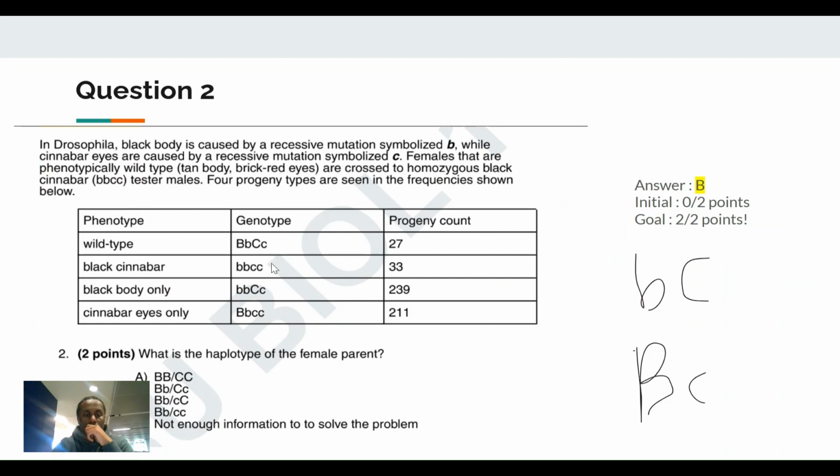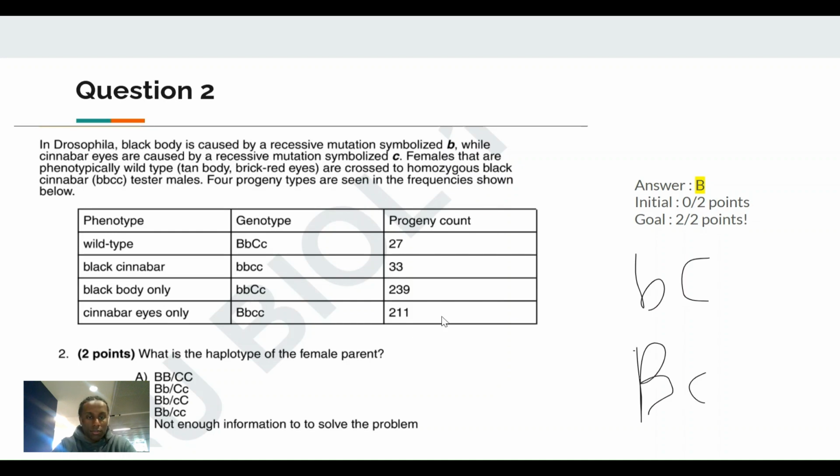All right, so this is a kind of tricky one since it doesn't follow the 9 to 3 to 3 to 1 test cross. In this problem, the two most represented progeny are the black body only and cinnabar only, which is 239, 211, instead of the wild type and the black cinnabar. And the female, which has the wild type, gets this BC from the BBCC right here,